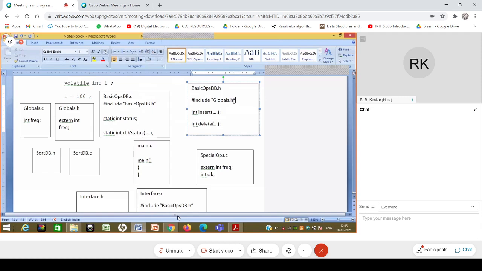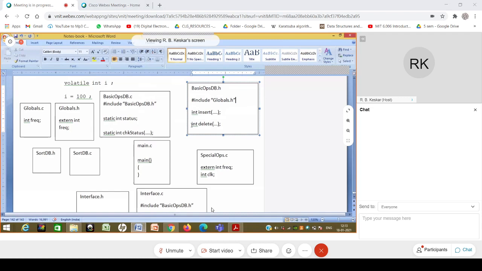Whenever anyone includes basic ops db.h, globals.h also gets invariably included. This is a nested kind of inclusion. Interface.c is including basic ops db.h, which is including globals.h, and so on.